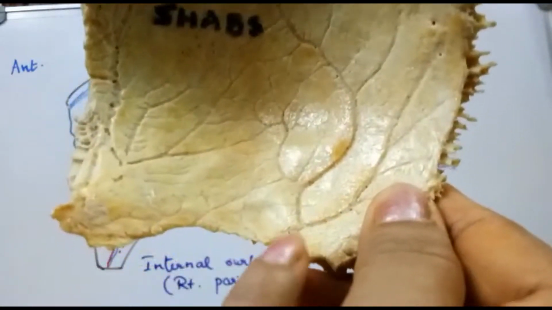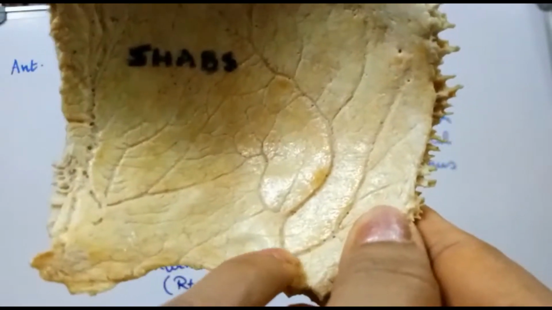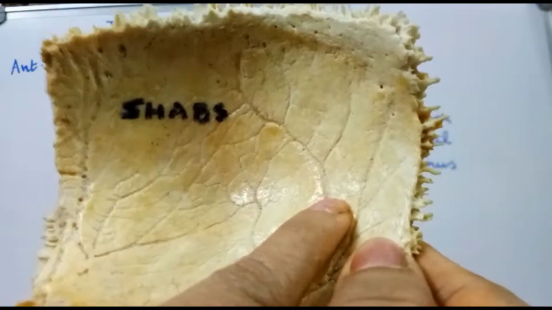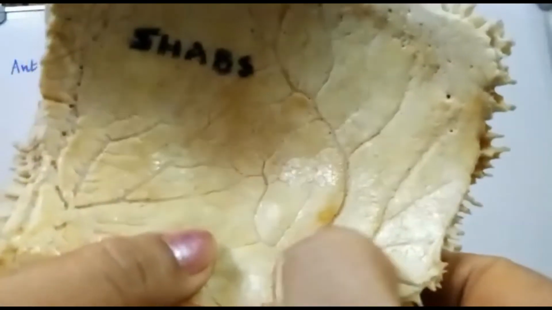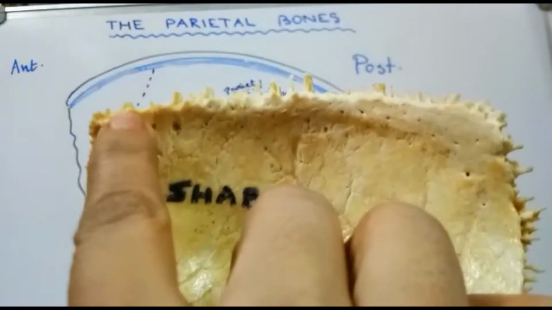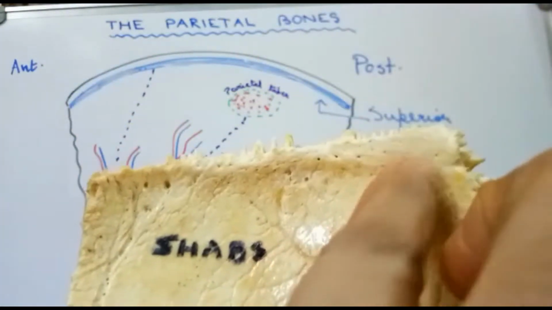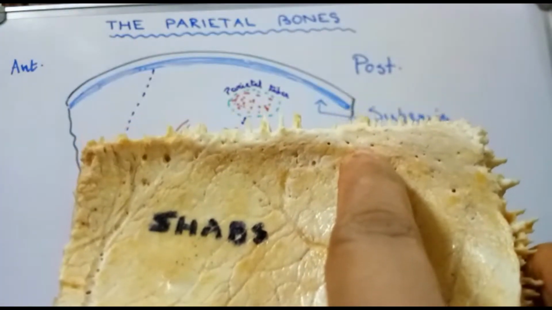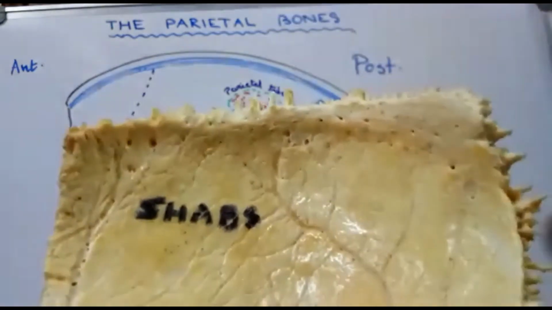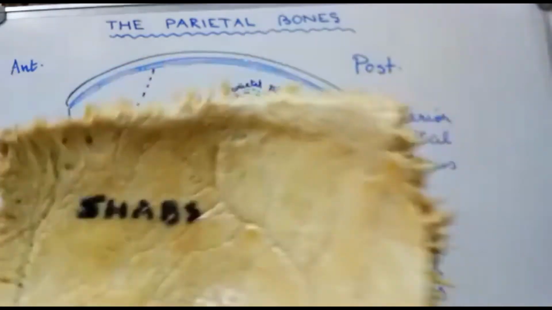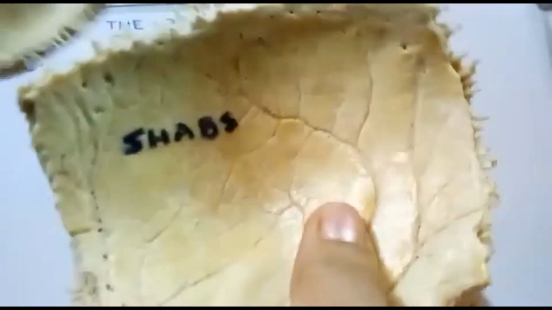and from the posterior part of the inferior border going upwards is the posterior division of the middle meningeal vessels. The grooves are much deeper because of the veins than because of the artery. Now along the superior border over here you can see a deep sulcus. This sulcus is going to form a complete sulcus, that is the sagittal sulcus, when it articulates with the opposite parietal bone.